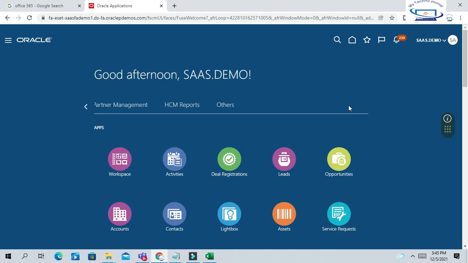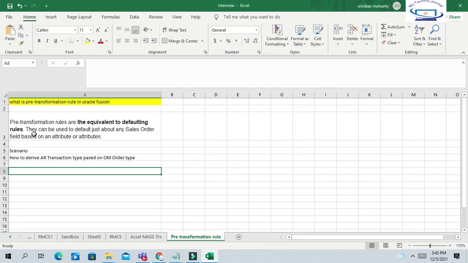Similarly, in Oracle Fusion, we define pre-transformation rules to allow the system to populate certain values based on certain attributes. So pre-transformation rules are the equivalent of defaulting rules. They can be used to default just about any sales order field based on certain attributes.